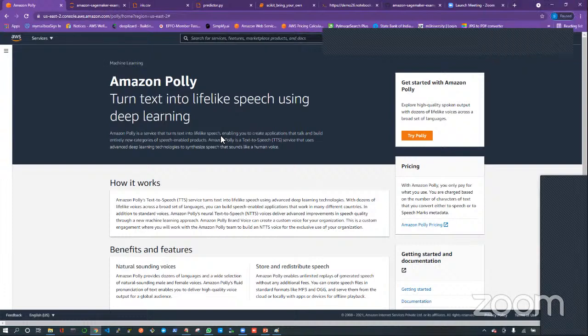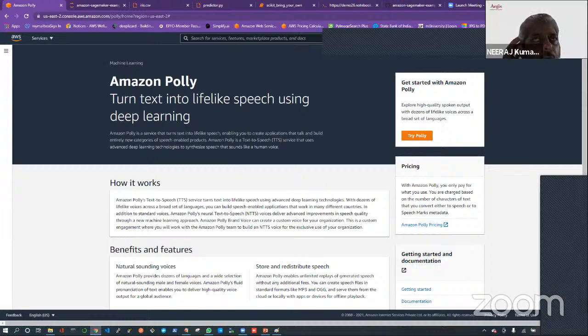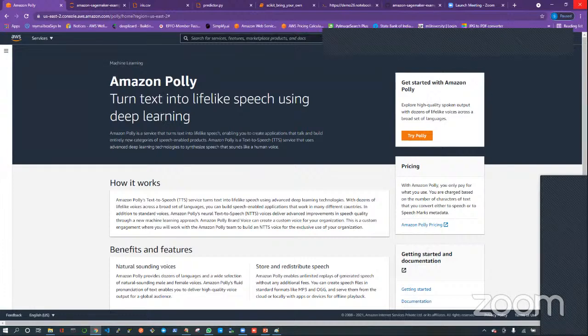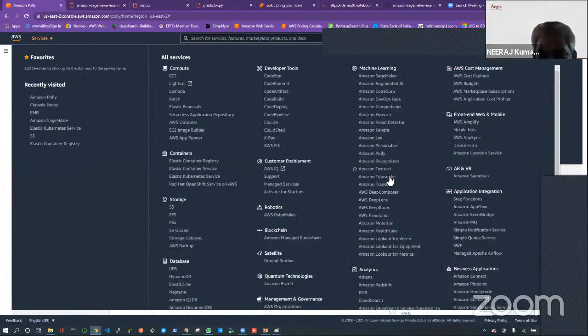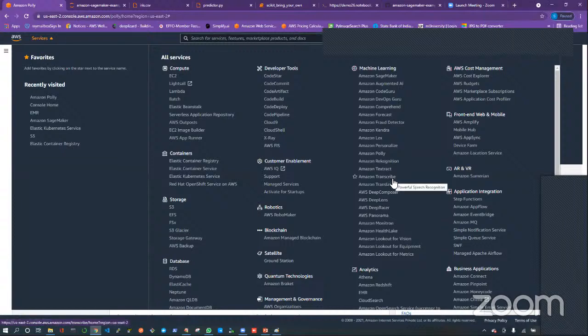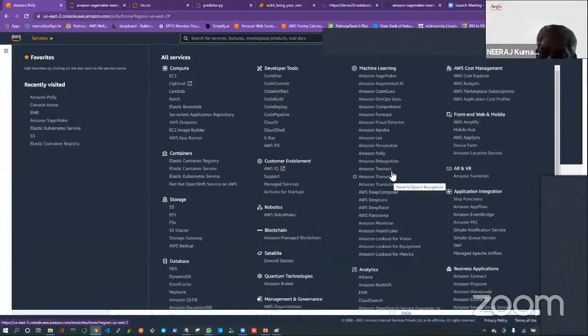Okay. And is there a translate inside it? Like if I give a Hindi text, can it translate into English? No, you have to club it with Translate first, with a different API or different model. Yeah, that is again an API service, Translate. I have shown you in the beginning. There is a service called Translate also. So Translate is there, Transcribe is there.